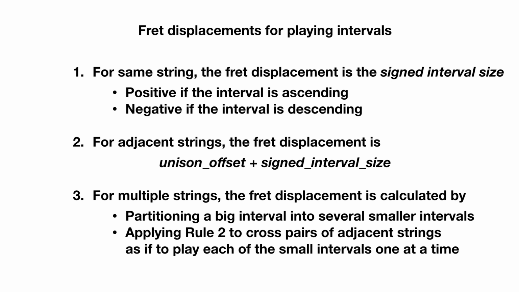We've seen how easy it is to play perfect fourth intervals across strings. How about larger intervals, say octaves? To avoid large displacements that may require shifting the fretting hand, we must jump across multiple strings. To do so, we decompose the large interval into smaller intervals, and then we imagine jumping across adjacent strings as if to play these smaller intervals in succession. We only play the starting and the final notes, though.